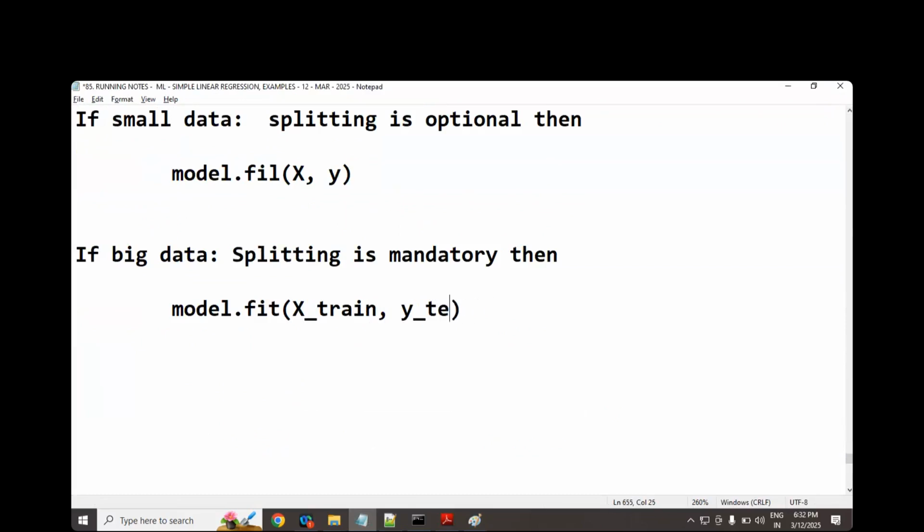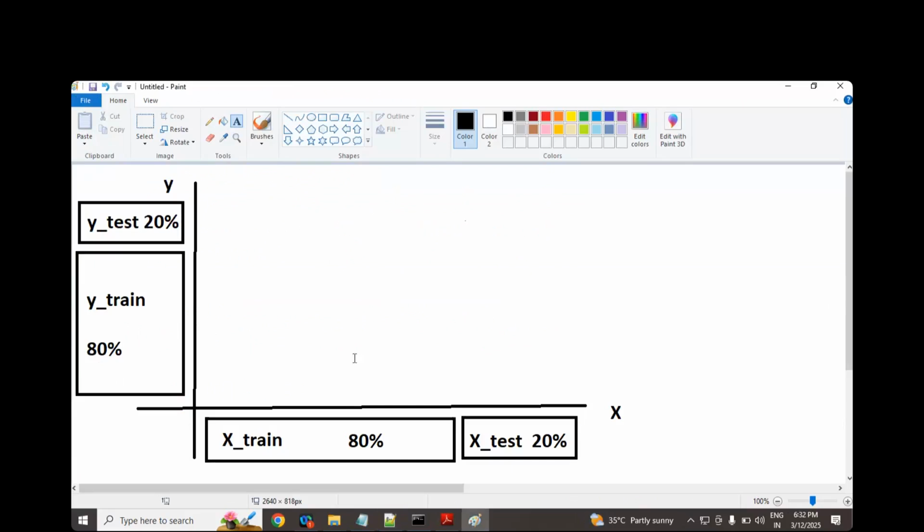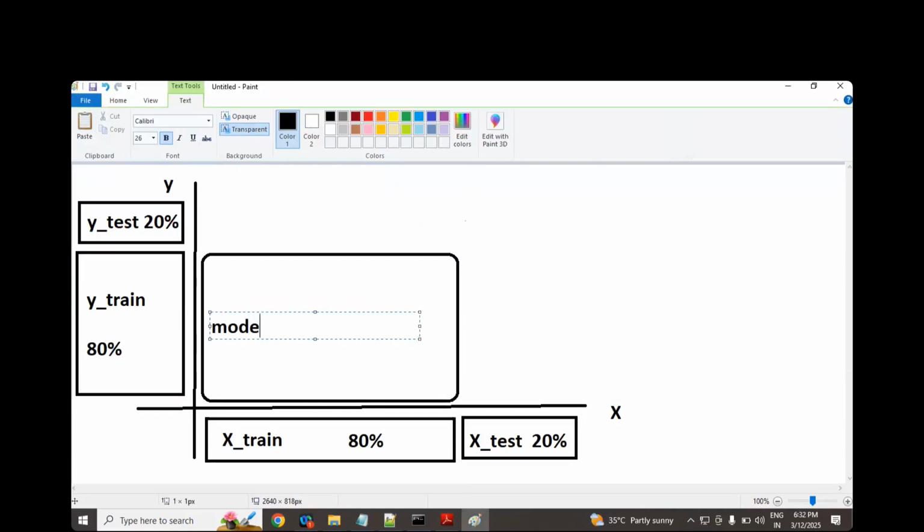Sir, the terminology is important. Whenever you look at this diagram, this data set we have to use for training purpose. This diagram will also remind me at the end of this session. In the fit method, we need to provide x_train comma y_train. I am sure you are pretty clear. Let me know if anyone has any question.